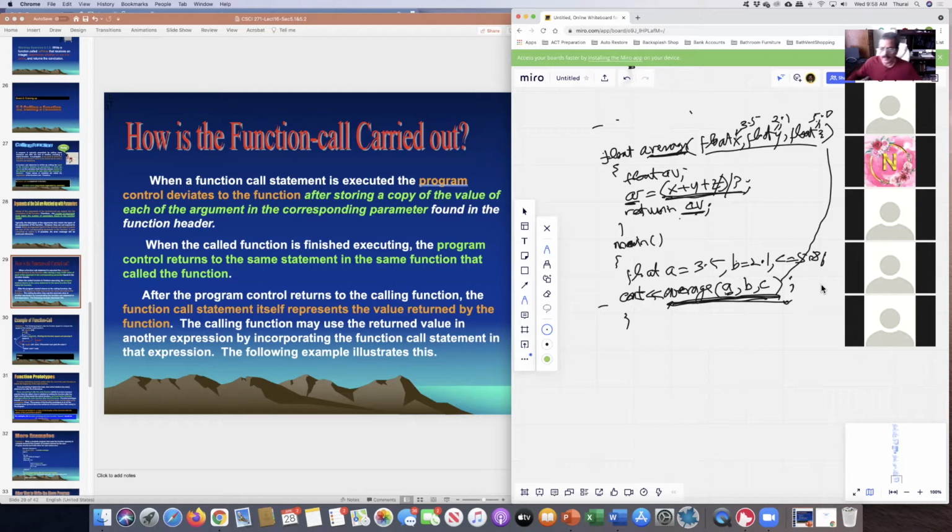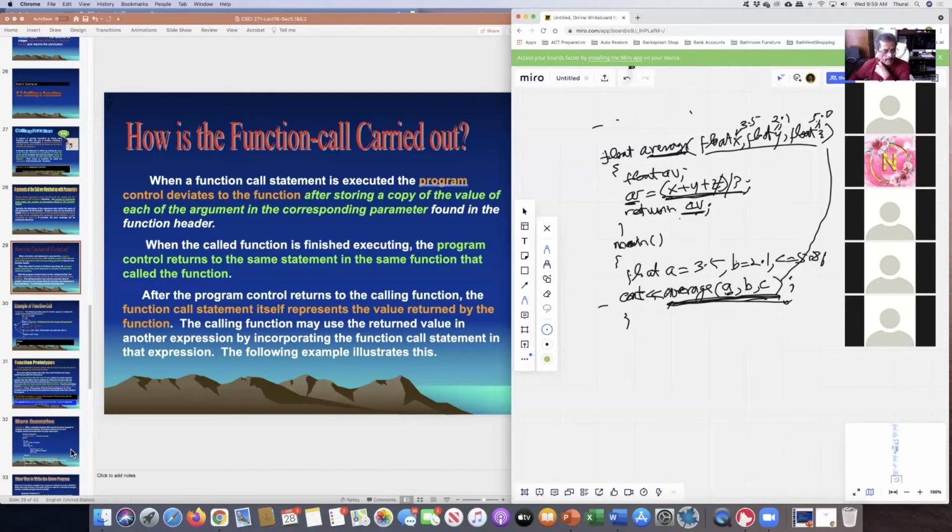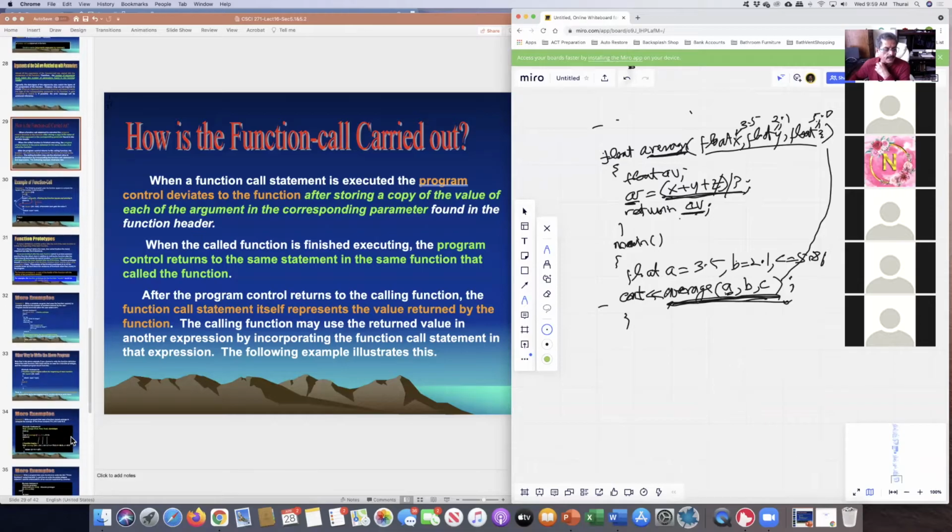So if you put the function at the bottom, then you need to tell the system, I have a function at the bottom. So you need to tell that at the top. So here is how you do that. You just put this function definition. So if you put the function definition at the bottom, then at the top, you need to have what is called function prototype. Function prototype is just the header of the function, the float average, without the names. So let me write that on the board here. For this function float average, the prototype is